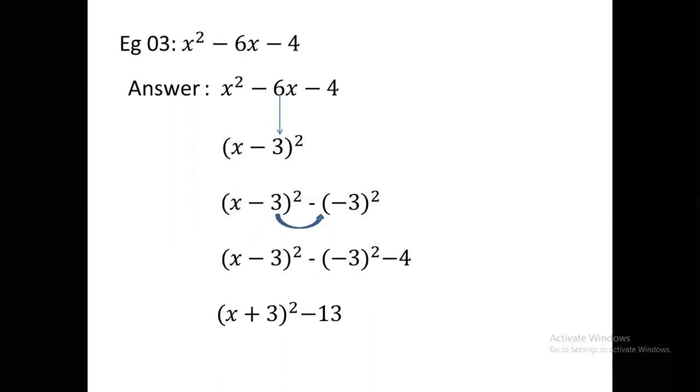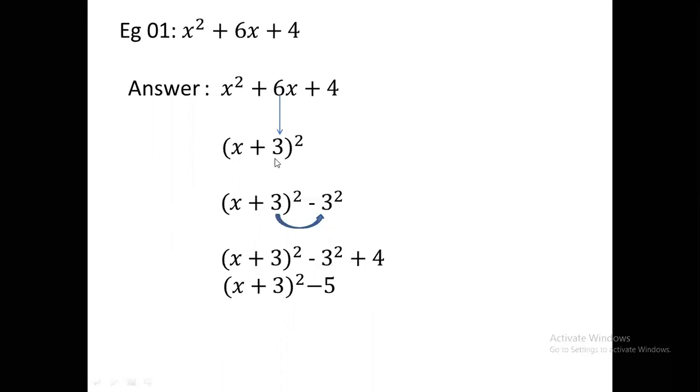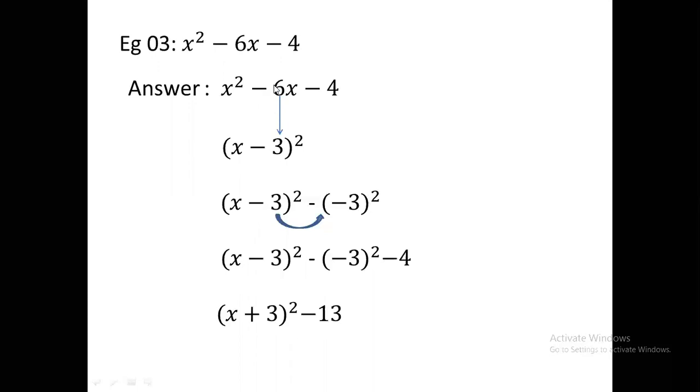Okay. If you go ahead with x squared minus 6x minus 4, then take half of the coefficient. The coefficient is minus 6. Remember that you always have to be particular about the sign. Here it's plus 8, therefore it's plus 4. Here it's plus 6, therefore it's plus 3. If it is minus 6, half of that is minus 3. Then you can write (x minus 3) whole thing squared, then square it. When you square minus 3, you write it with a bracket. Remember that always when you are dealing with minus, you have to put a bracket there.